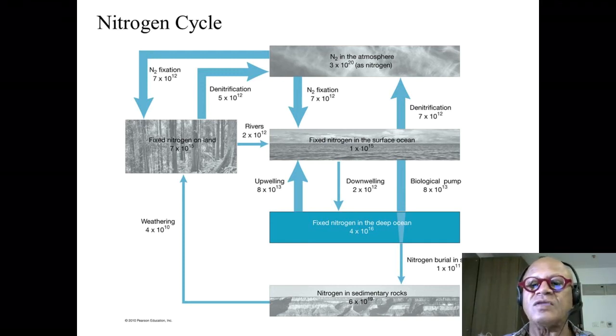There is a downwelling of nitrate from the surface, as always, biological pump, right? Photosynthesis uses it, sinks, dies, eaten and spit out as fecal pellets, etc. That's a biological pump, right? So you have direct biological pump and convergence and downwelling. So there is a fixed nitrogen in the deep ocean, which is greater than the fixed nitrogen in the surface. As we know, nitrogen increases with depth.